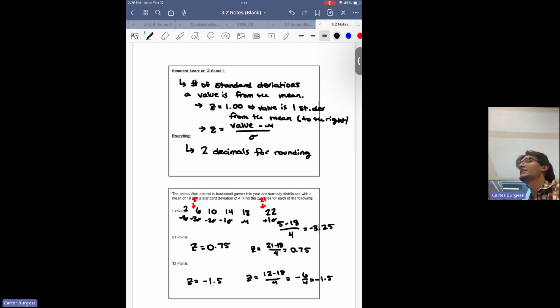Okay. I wanted you to see what it is that we are doing conceptually. We're going to use the formula. You're just finding the distance between your value and the mean, and then dividing it by the standard deviation, chopping it into a number of standard deviations. It's the same thing you would do if you were trying to subdivide anything into a different denominator. All right. Questions here with finding the z-score from a value?